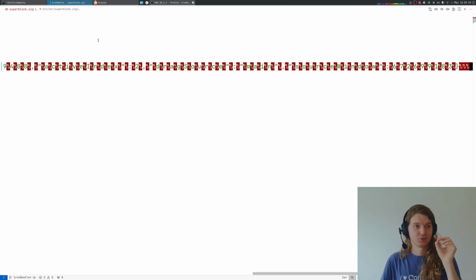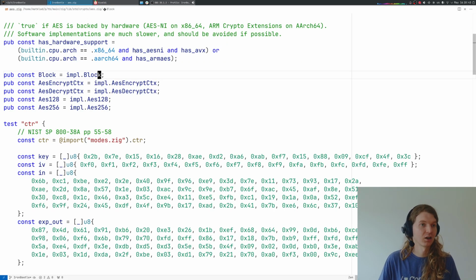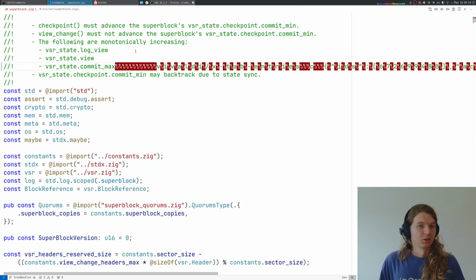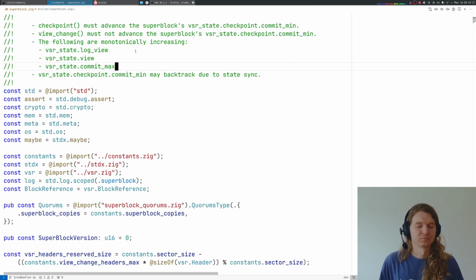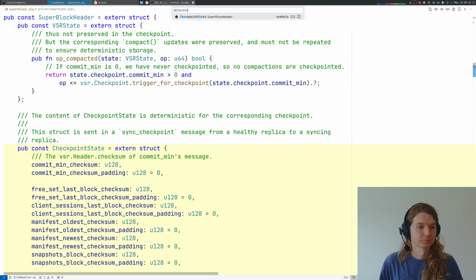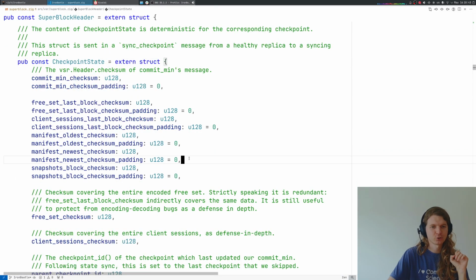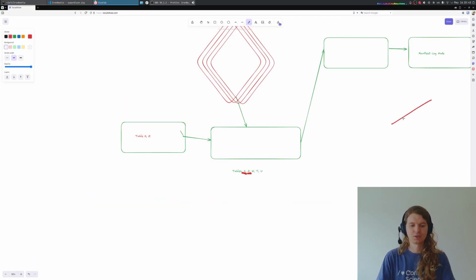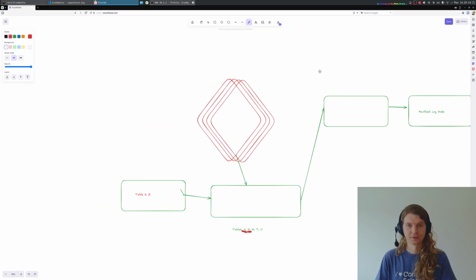And you see, this is actually something we covered last time. If you look at this super block, what is what checkpoint state? Look at this checkpoint state. We actually have 2 pointers to manifest blocks. We have the pointer to the first entry and the pointer to the last entry. So the full picture is going to be that, originally,